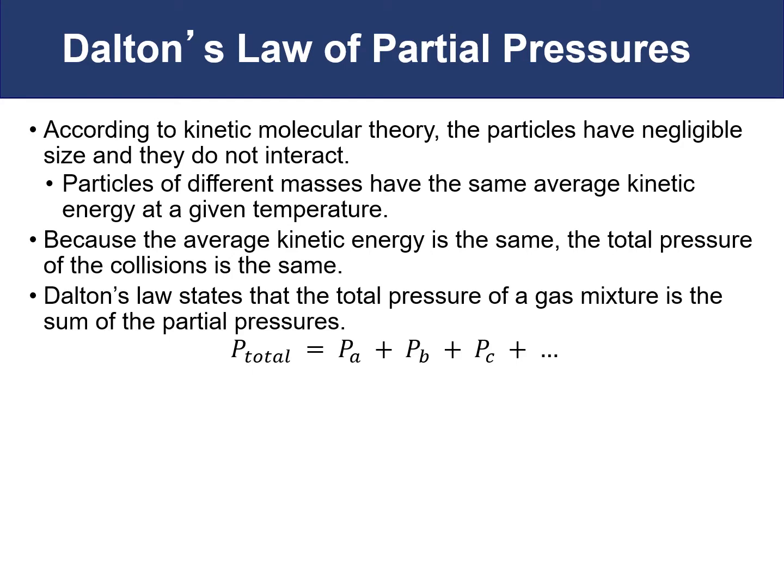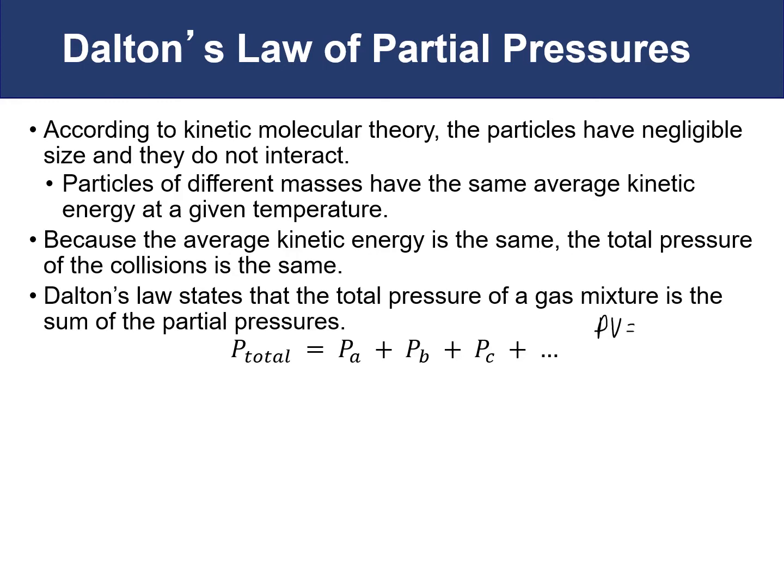Now we can take our concept of the total pressure being equal to the sum of the individual pressures and come up with something that we were going to call the mole fraction. So if we take our equation, P total is equal to PA plus PB plus PC plus whatever other pressures we have, we can rewrite each one of our pressures using our ideal gas equation, where our ideal gas was